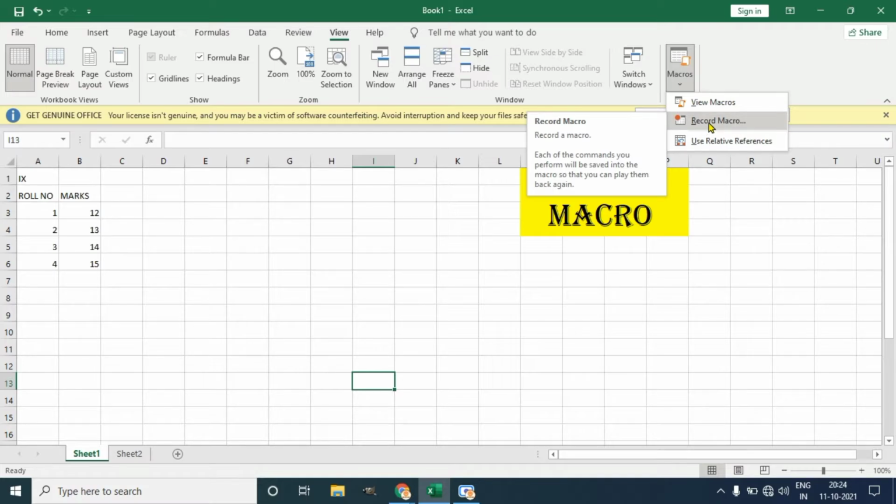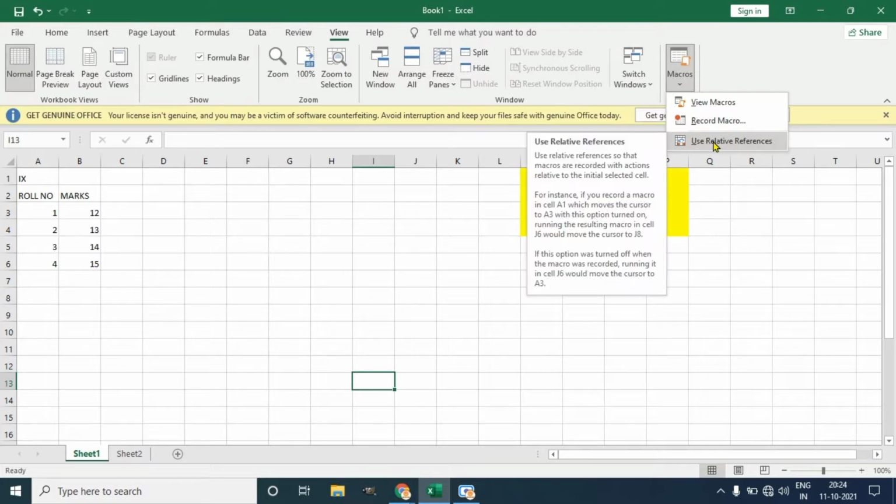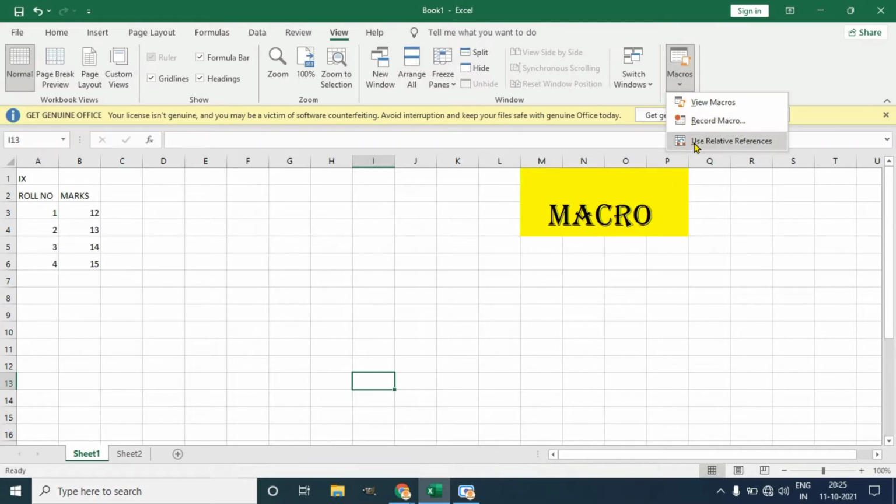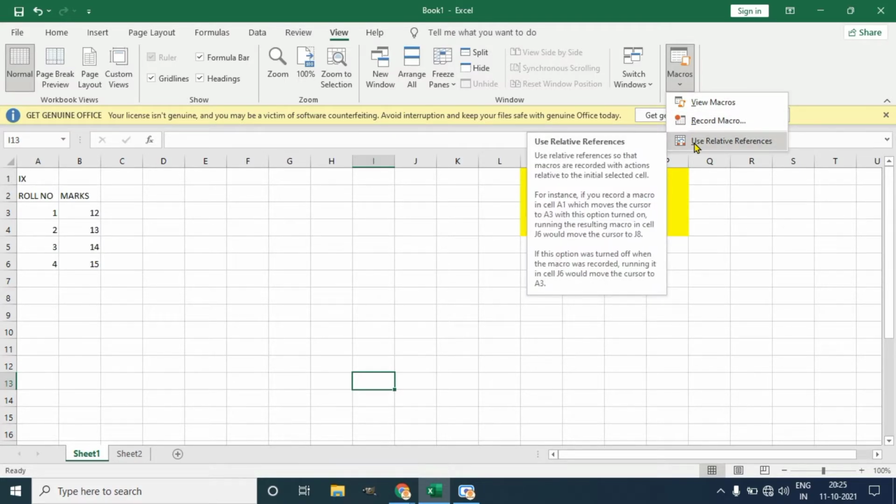By using this Record Macro option, we can record a set of actions, and then there is Use Relative Reference. Actually, this sequence is completely wrong.